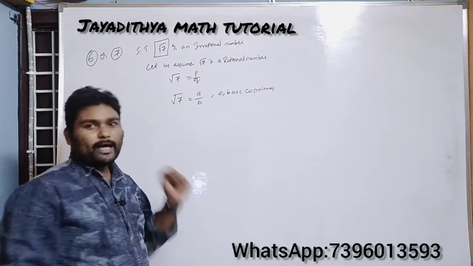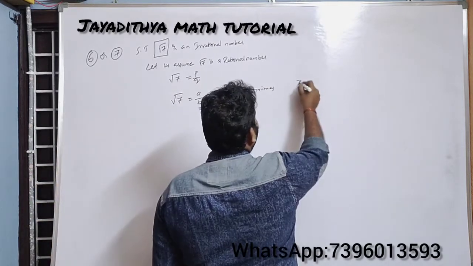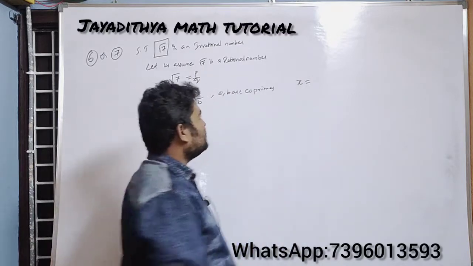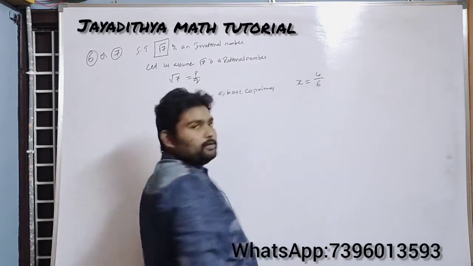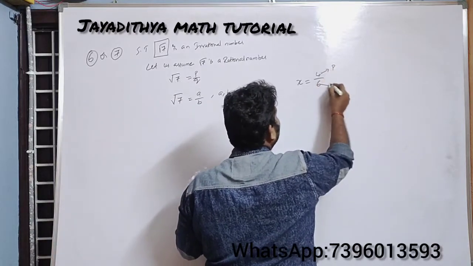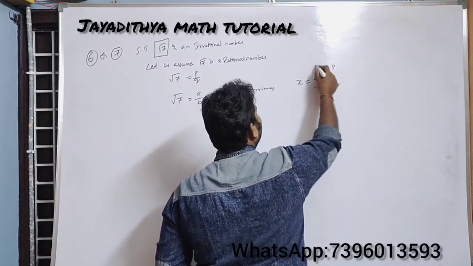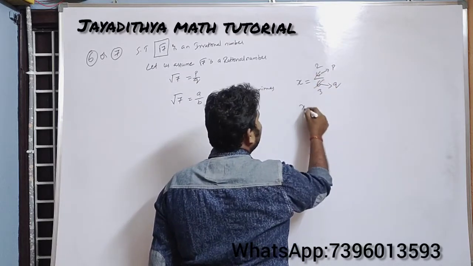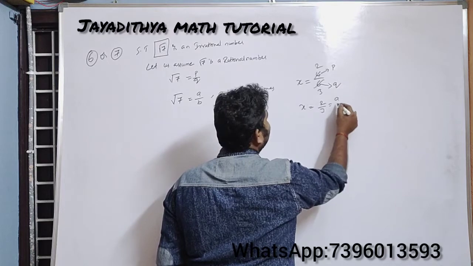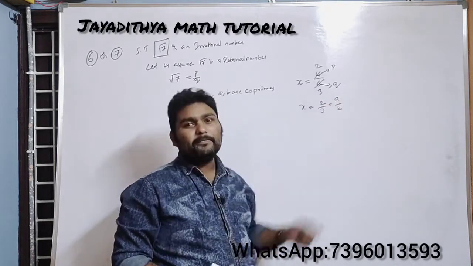For example, how I am writing this, you observe one thing. Say some x is there. I am taking x as 4 by 6. You can think this 4 is p and 6 is q here. So now x is in the form of p by q. After simplification, 2 twos are 4, 2 threes are 6. Now I can write x is equal to 2 by 3, which is a by b, in the lowest terms, where a and b are co-primes.